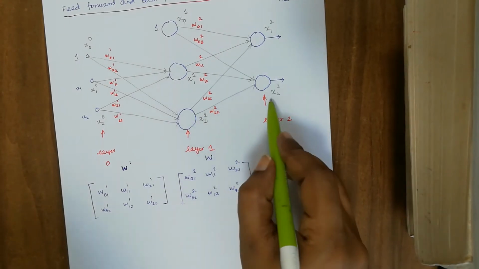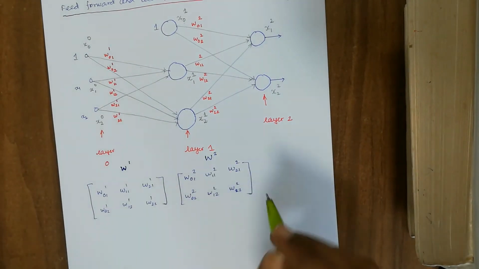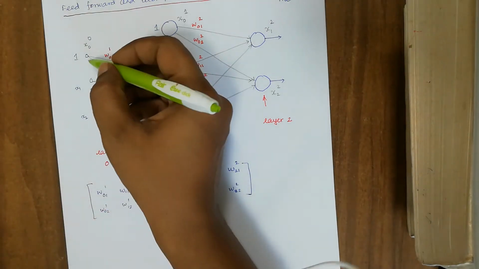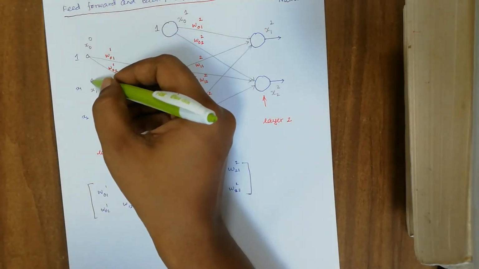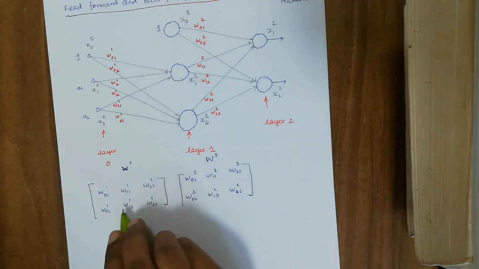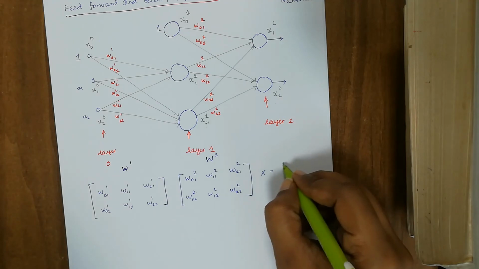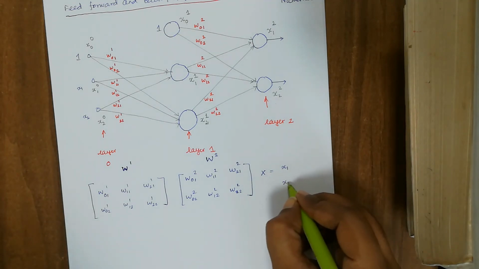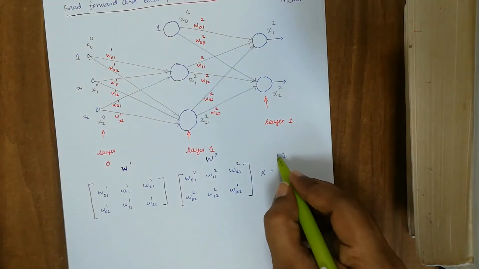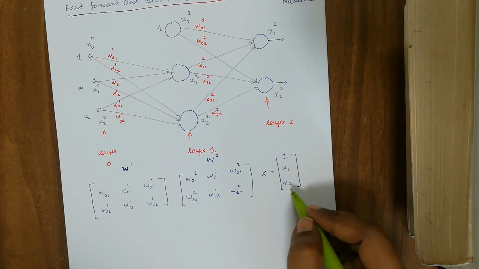Which layer is it getting connected to? In the second layer. So let me write W2. Along with that, what is the value that we need? We want to have the actual values of these components x1 and x2. Now given W1, W2, x also takes the form x1 and then x2, and then appended with 1. Okay, since bias is also there, the capital X takes the form 1, x1, x2.